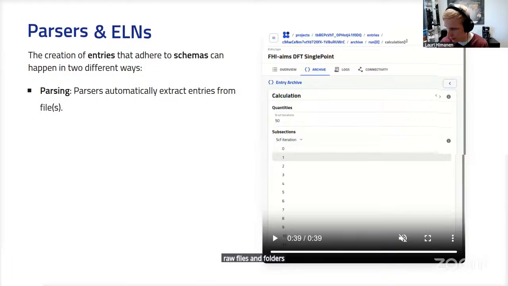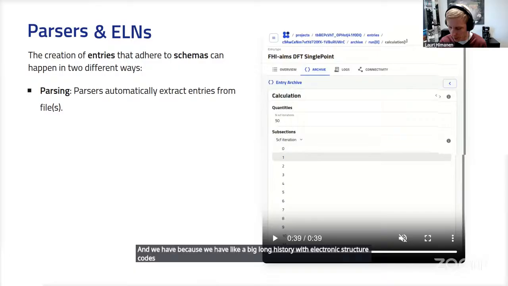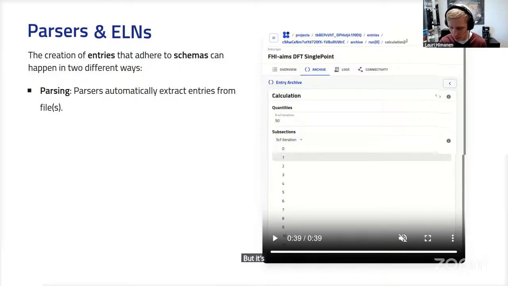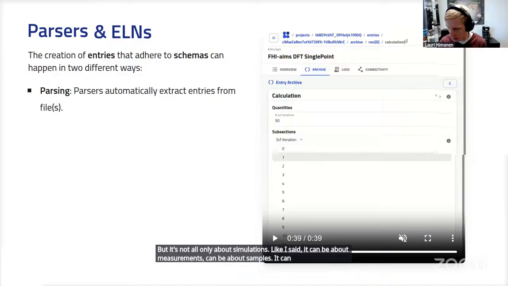Because we have a long history with electronic structure codes, FAIRMat has been developing these parsers for DFT simulations for a long while, and we have lots of expertise with this. But it's not only about simulations. Like I said, it can be about measurements, samples, or anything that you have a schema for.